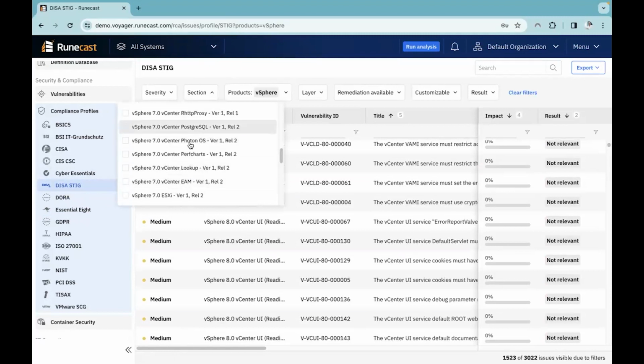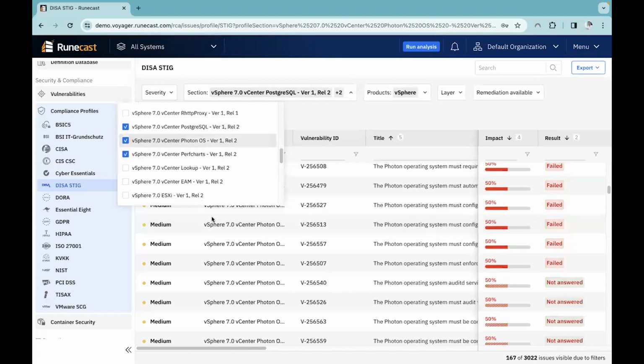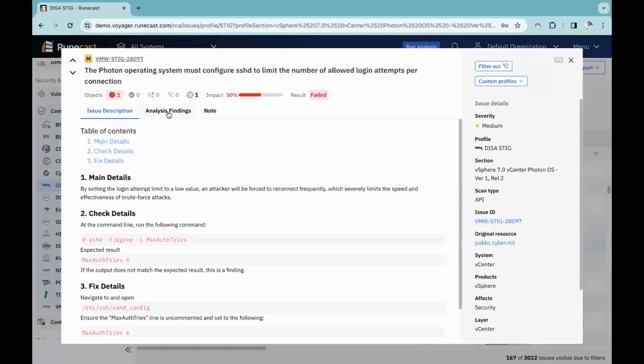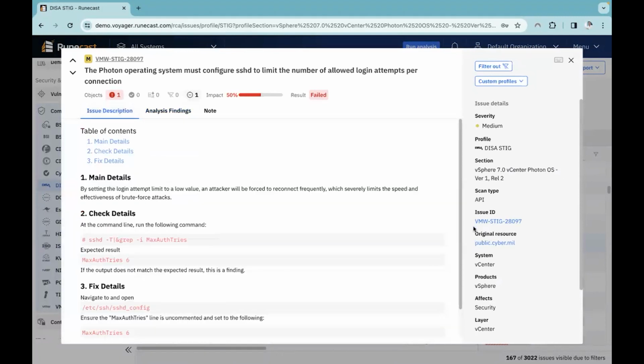the section here. So here are all the V7 elements that we've included. And again, in a similar fashion, we can look to see where we're not meeting DISA STIG standards, and we give an issue description around here. And again, there's the original document source from the US military. So DORA and DISA STIG may not be so relevant to you as an organization, but as I said, DISA STIG being very, very secure, it doesn't stop you from utilizing elements of it should you wish to do so